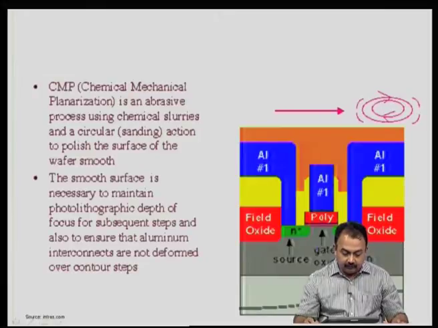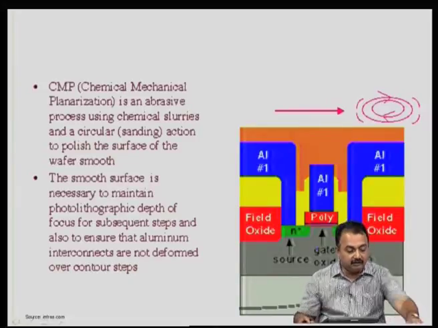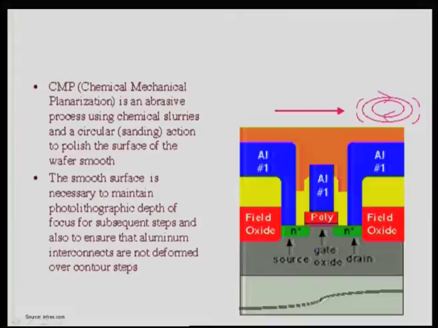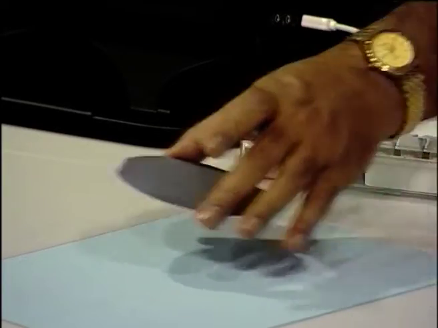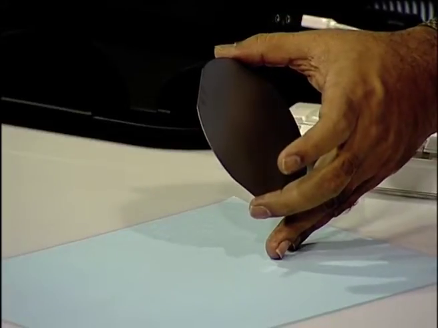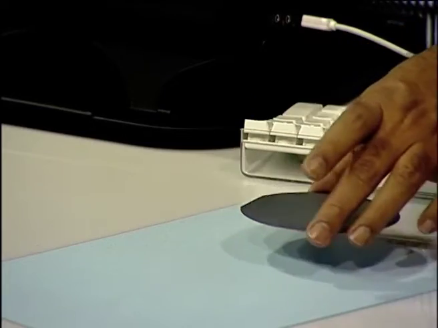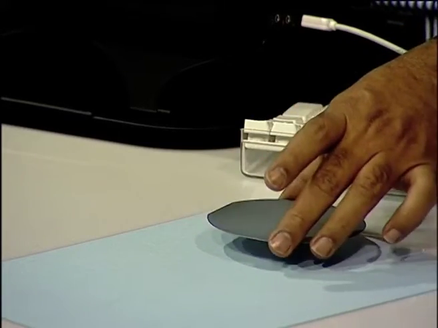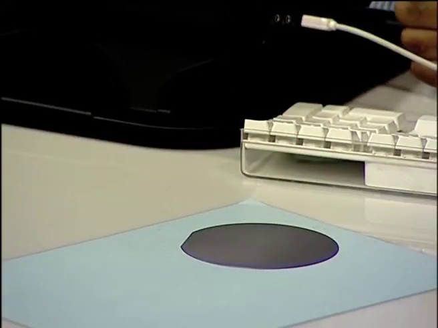and this determines the final thickness of the conductor layer. So, CMP, as it is known, is an abrasive process using chemical slurries. That means, you take the wafer and it will be ground on an equipment, until you remove the excess copper from the surface. So, if this is the grinder surface, there will be a wet slurry coming and falling on this material. There will be an abrasive material that is used, and the silicon wafer is polished continuously, inspected, and you have to see whether we have reached the designated thickness.